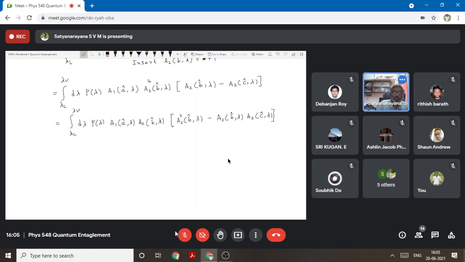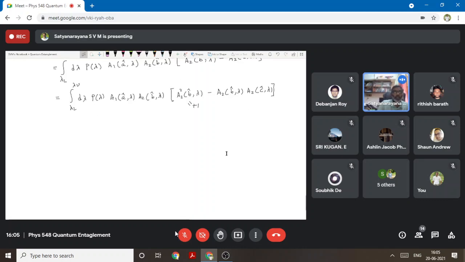But what is this A2 square of B cap lambda? This is equal to plus 1, correct? So this is equal to the integral from lambda L to lambda U, d lambda rho of lambda, A1 of A cap lambda into A2 of B cap lambda into 1,